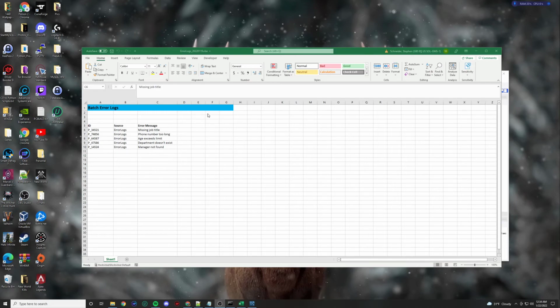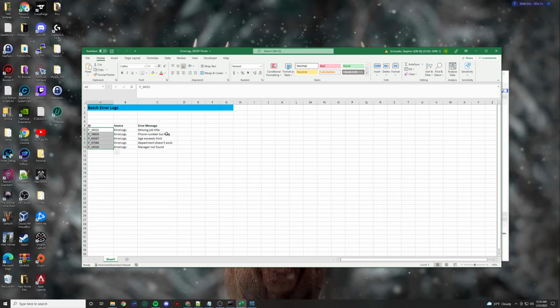So I recently ran into a problem where I needed to extract some data from some strangely formatted Excel files. The rows and columns were not clean. So my first instinct was to use a Python script, and it turned out to be a quick and efficient solution. So let's say you have some error logs like this for some employee data, and we're only interested in